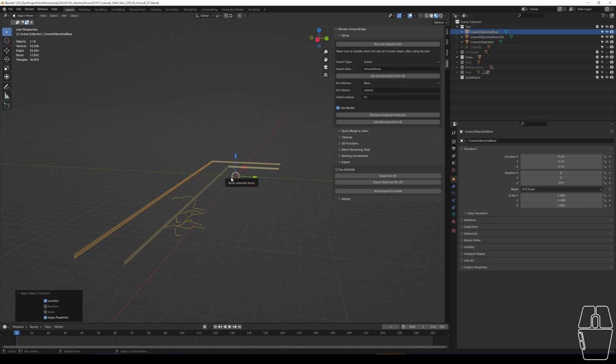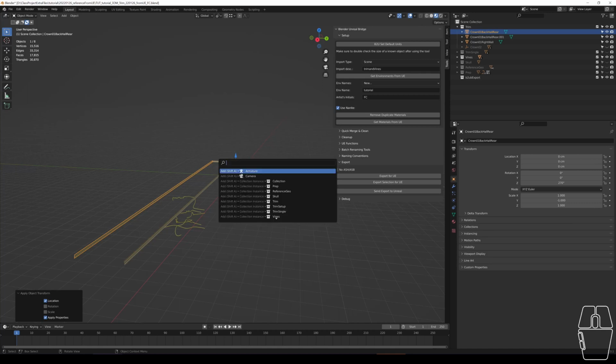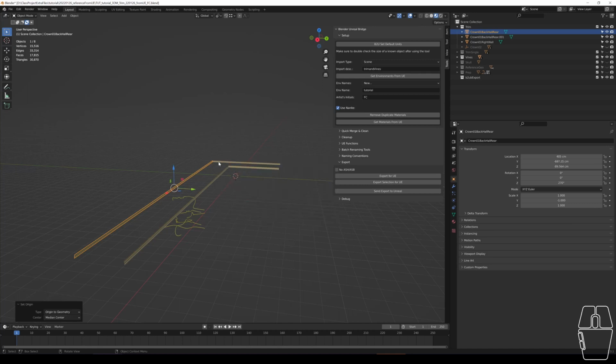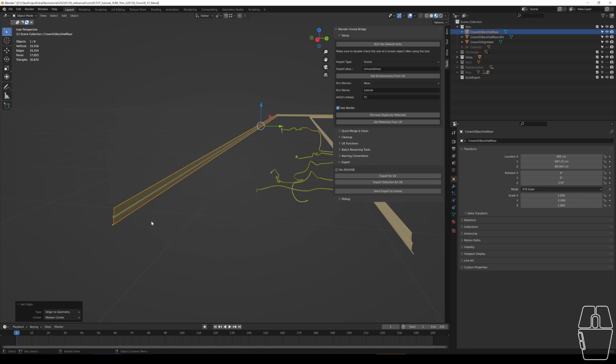The quick way of doing it is with any number of objects selected in object mode. If I hit F3 and search Origin to Geometry, this will center the pivot on the objects selected. If I had multiple objects, it would center the pivot on each of them. If however you have the time and want a little bit more granularity, you can accurately place pivots on any